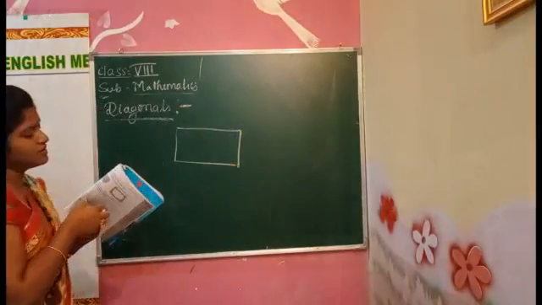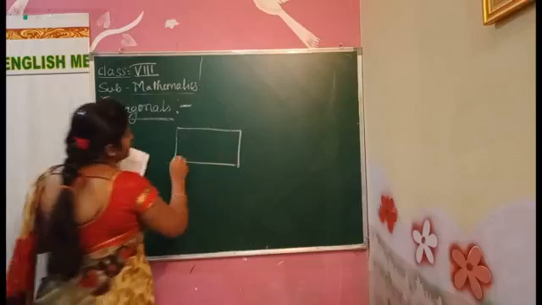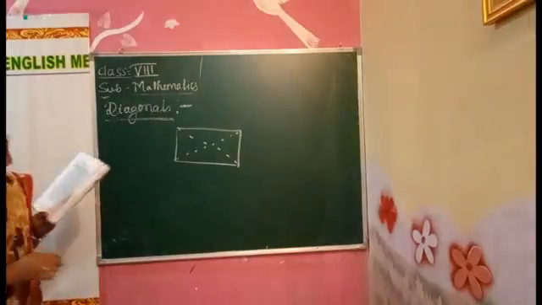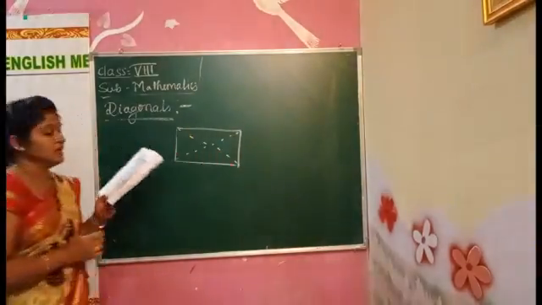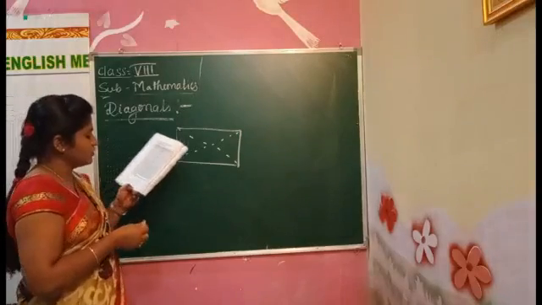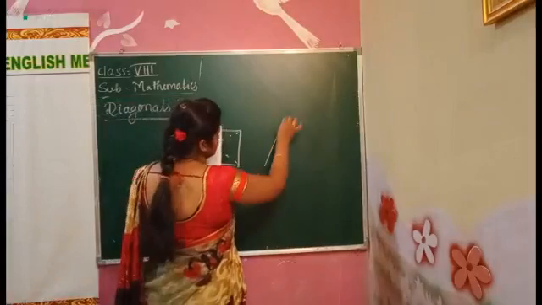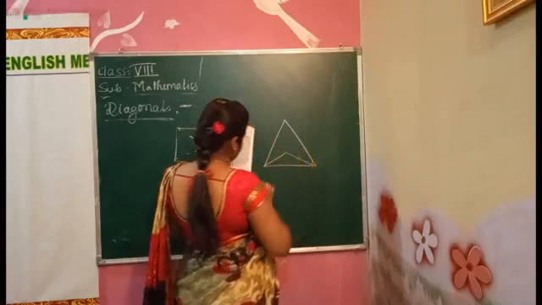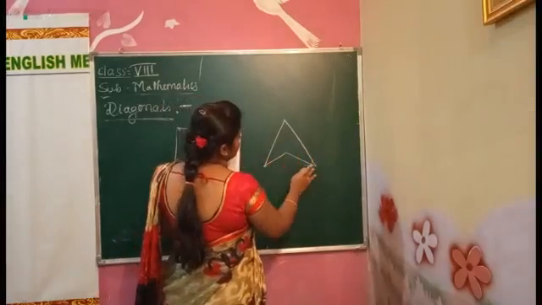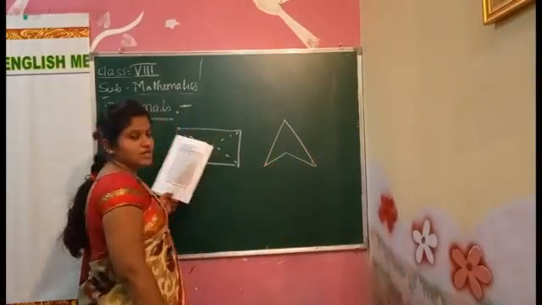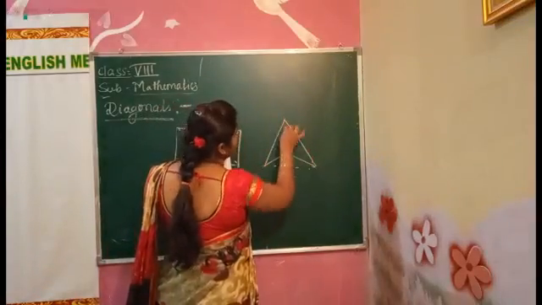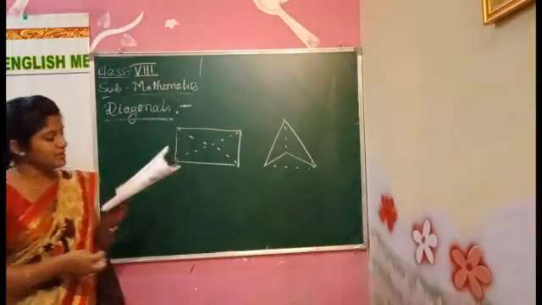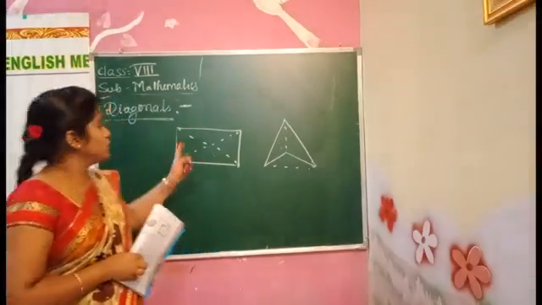okay, this is called as a polygon. Okay, the line joining in between the two, that is called as what? Diagonals. These two are called as what? Diagonals. Okay, understood? Like this, if we have a triangle, if we have a shape, it is not like this. If we have a shape like this, in between these two and in between these two, that is called as what? Diagonals. The line segment connecting between the two